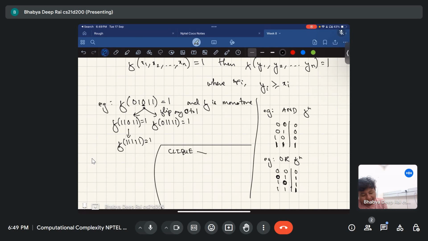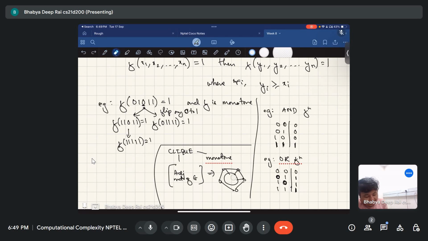Why is it monotone? Because if I have my input, the adjacency matrix of G, representing some graph, and there is a clique C here,